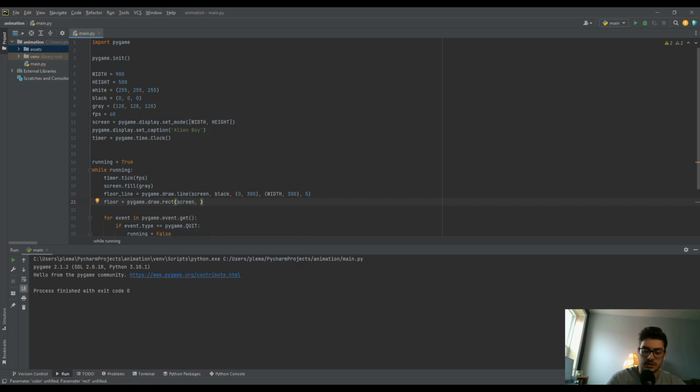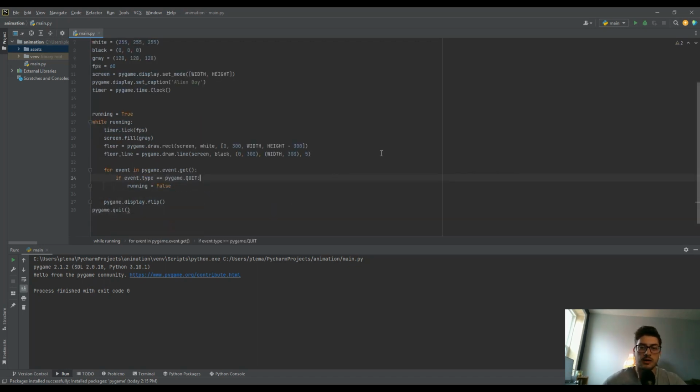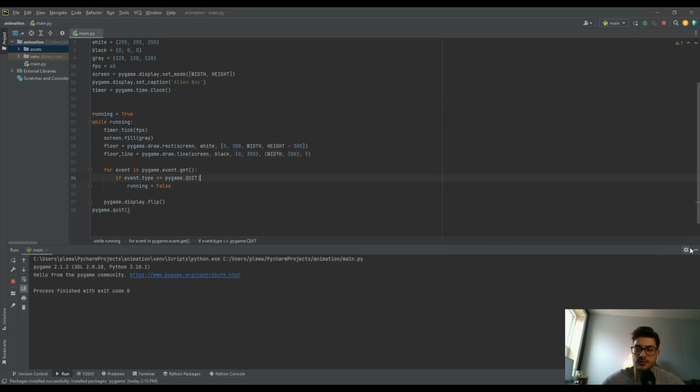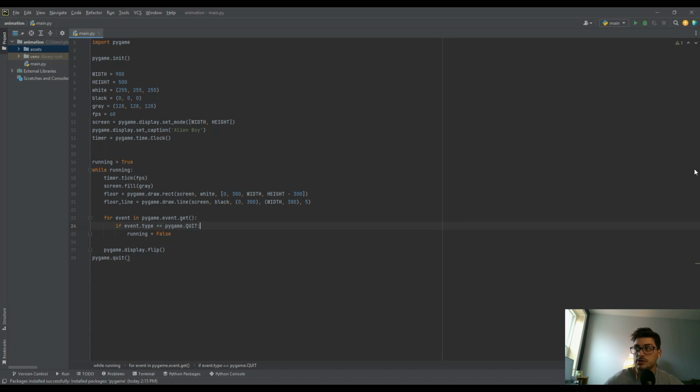And then we'll make this floor white. And then we are going to give it 4 arguments for a rectangle. So starting position, and we'll do 0, 300, and then how wide we want it to be, we'll do the whole width, and then how tall we want it to be, we'll make it the height minus 300. And actually draw this floor before you do the line for your floor, and that'll give you where you want it. Yep. So I like that, and the reason I did that now is